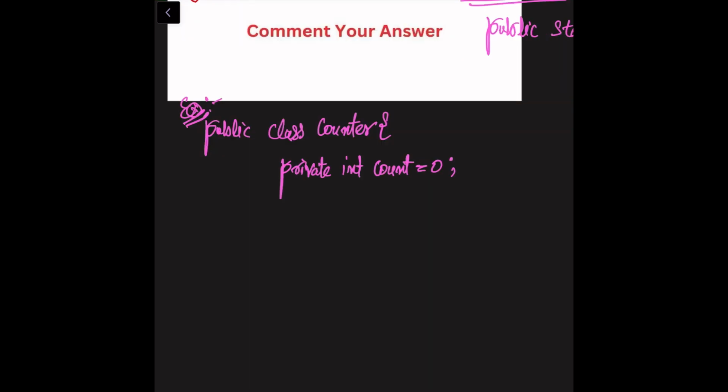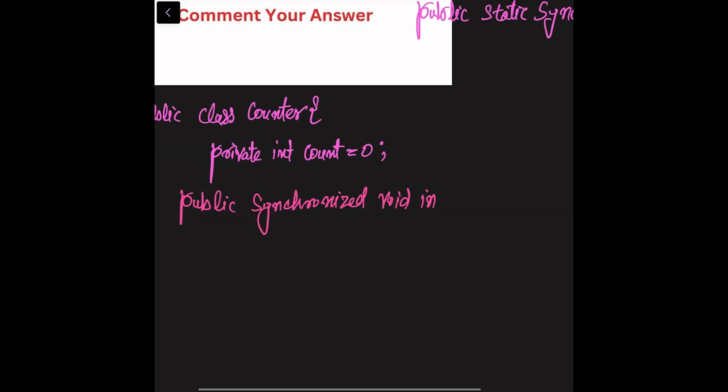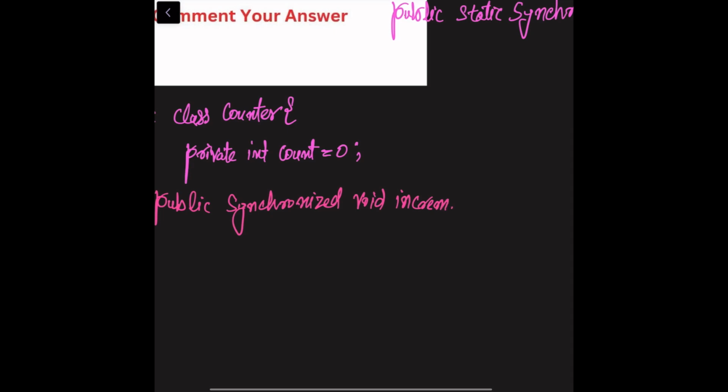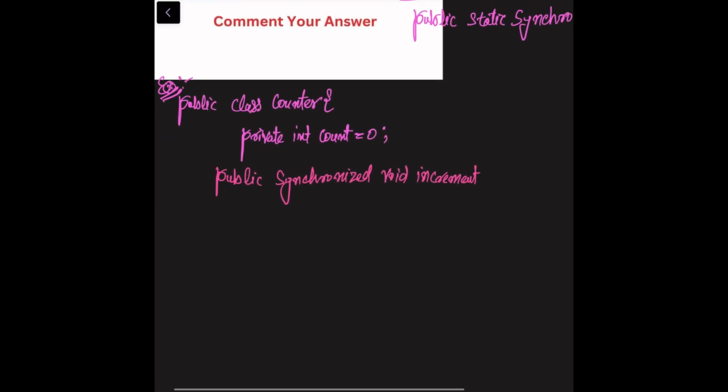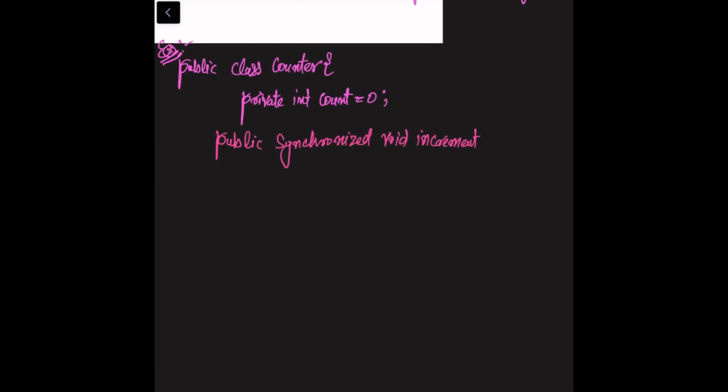Let me write the further code like public synchronized void increment. This is the code, and this is the block of that code. Here you can write your code if you want to, but for increasing the count you need to write this code inside the block like